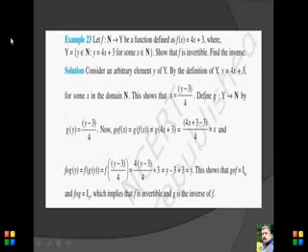This is a simple transformation. In place of y you put 4x plus 3, you transfer all values to one side, x on one side, then what happened? x is equal to (y minus 3) by 4. So define g from Y to N by g(y) is equal to (y minus 3) by 4.